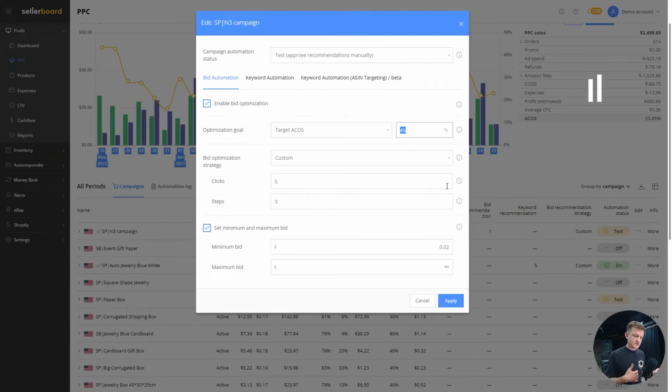And as I discussed previously, depending on the goal that you're looking for, whether it's launching a product, maintaining or supporting your organic sales, or maybe getting profit from your PPC campaign, you will get to set the optimization goal, target ACoS, in comparison to your break-even ACoS. And if you go below your break-even ACoS with your target ACoS, then you will have a profit. If you go at the same level as your break-even ACoS, then you will be at 0 and you will be basically supporting your organic sales.